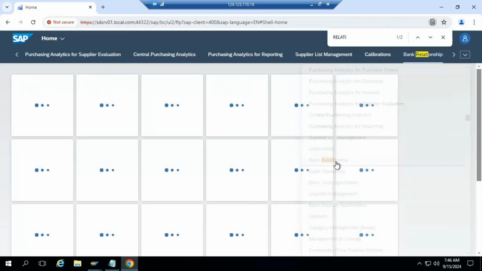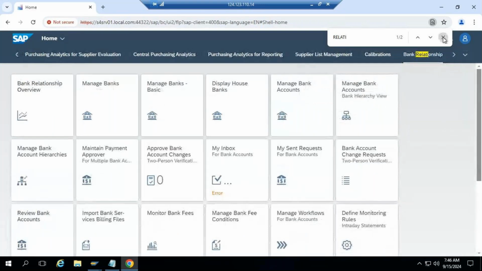So I'll click on this one. And here, for bank relationship, this is the new name instead of bank account management; the new term of SAP is called bank relationship management. So under that, you can see there are so many Fiori apps available. These are called Fiori apps. These are called tiles,